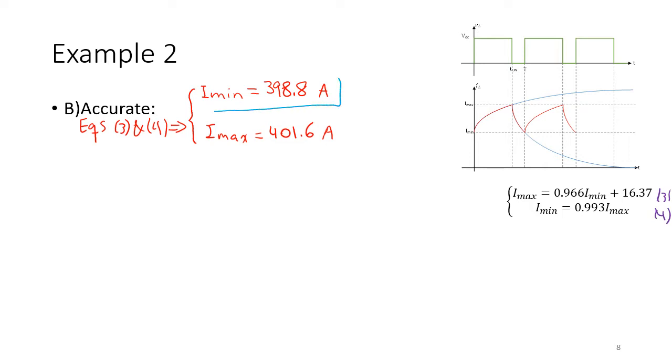So these are the two unknowns we were asked for in the question, and from this the ripple, I max minus I min,